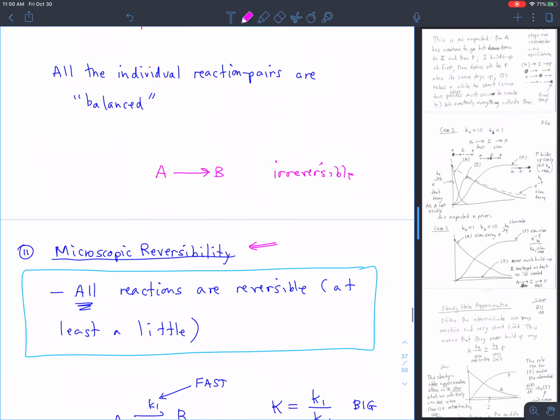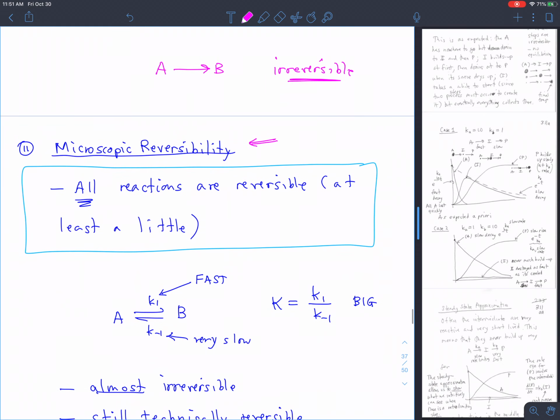It's fine as a rule from a mathematical point of view, but it doesn't sound like the way real molecules behave. If you can get a B from an A, then you ought to be able to get A back again by some set of manipulations. It might not be easy to do, but it should be possible in principle, right? All the atoms that were present in A are still present in B. All you've got to do is rearrange the bonds to get back to A. There should be some way to do that. And there always is. That's what the microscopic reversibility idea says,